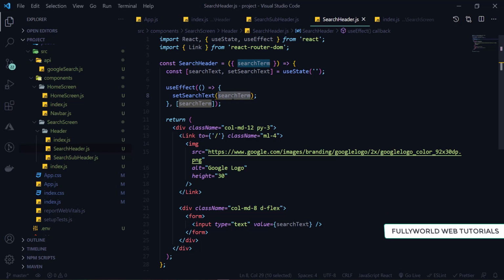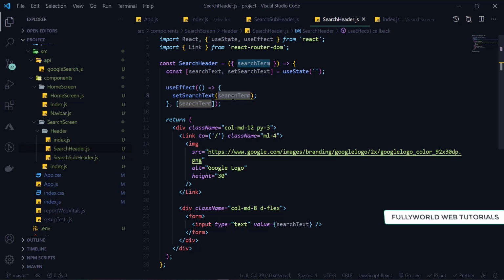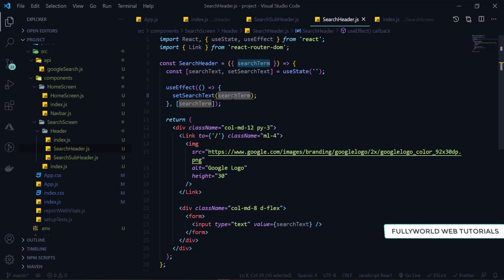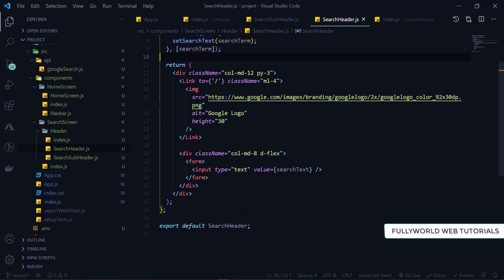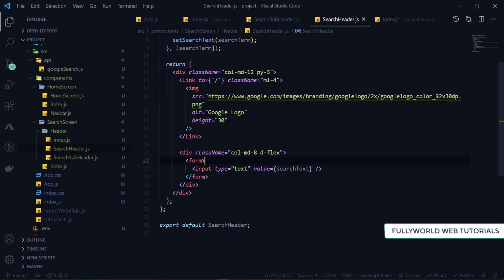Now we need one cross button. So here will be d-flex, and here we want one cross button. So first of all we have to set width here, the width of the form.